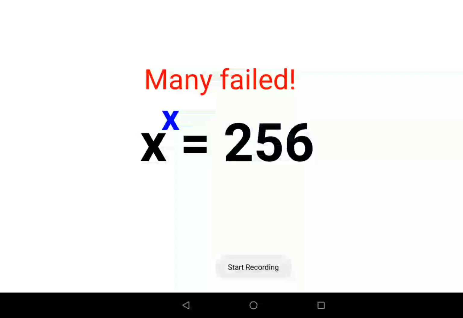Welcome everyone. So today we are going to solve a very nice indices problem, and trust me, many failed, but there were many who could actually do this orally. Okay, so let's quickly understand how you can do it. See, people who could do it orally were someone who knew squares, who knew their squares very well.